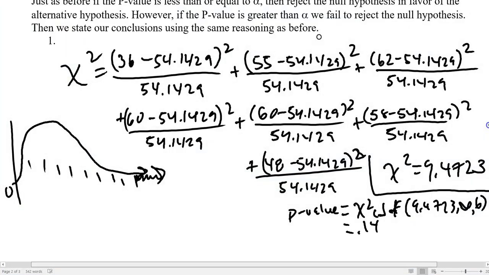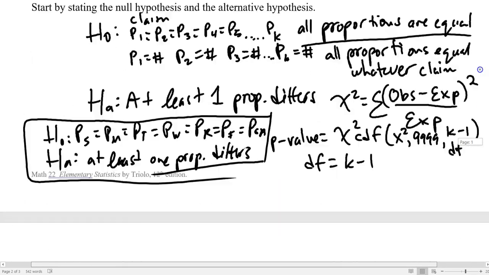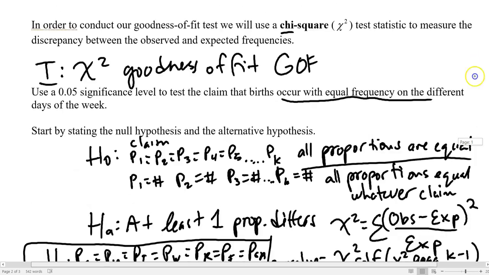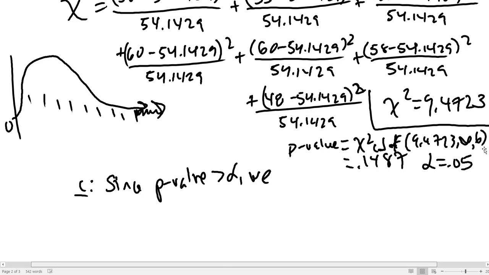So 0.1487. And they said the alpha we were using was what? The alpha we were wanting to test against was 0.5. So we can conclude that since the p-value is greater than alpha, we what? Same thing we've done on every other one. We fail to reject